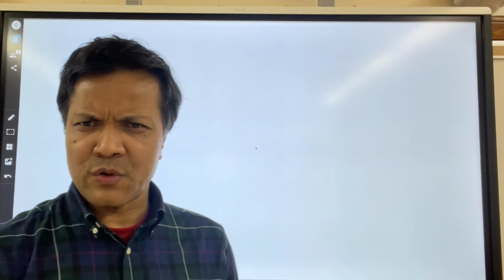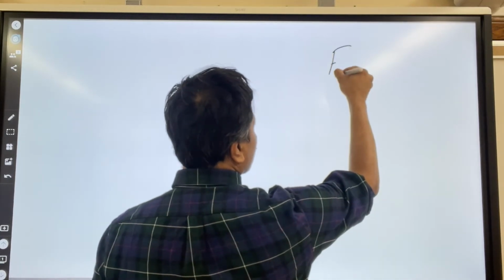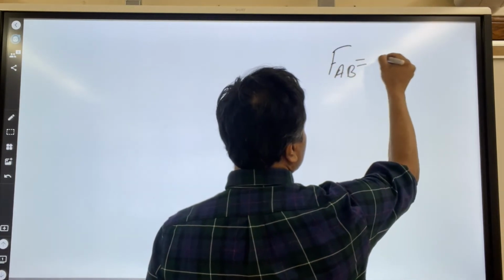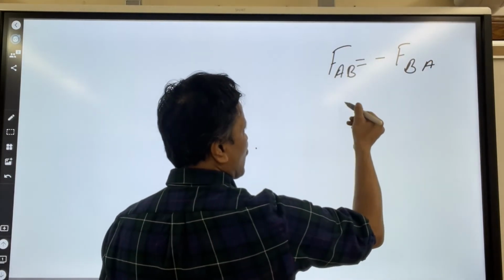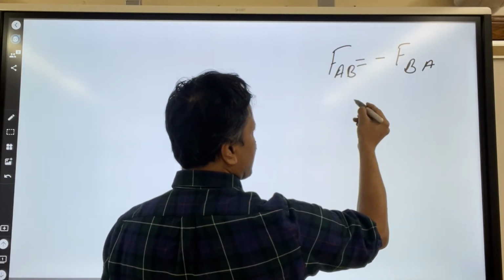That happened, of course, before. So let's start with Newton's third law. F_AB is equal to negative F_BA. So we're gonna use